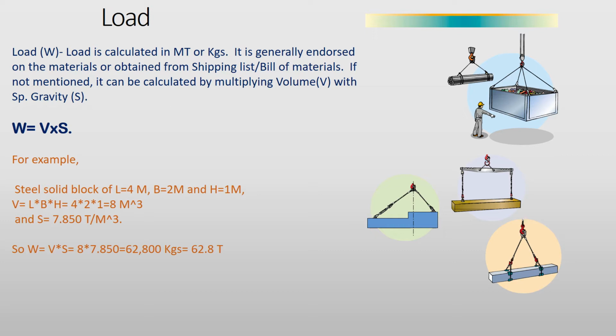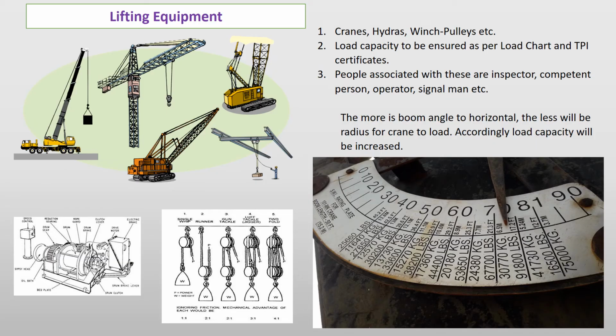For example, if a steel block's length is 4 meter, breadth is 2 meter and height is 1 meter, and specific gravity is 7.850 ton per meter cube, so the weight will be volume times the specific gravity, that will give you 62.8 ton. Lifting equipments are nothing but the cranes, sliders, winch, pulleys, etc., which are used for lifting